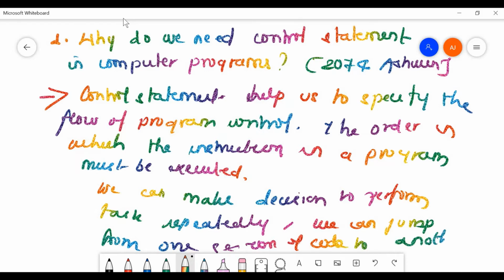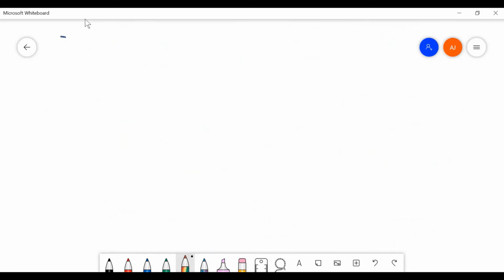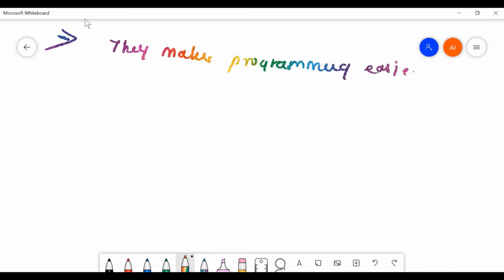So these are some of the concepts. Using looping and decision, this concept of decision and looping makes programming easier, we can say. We can also write about some advantages of this. Some of the control flow statements, I'm not able to speak the correct word, some of the control flow statements,